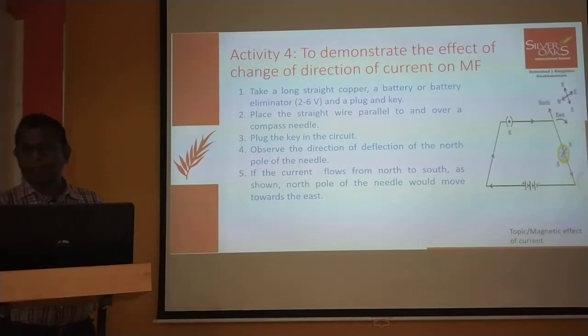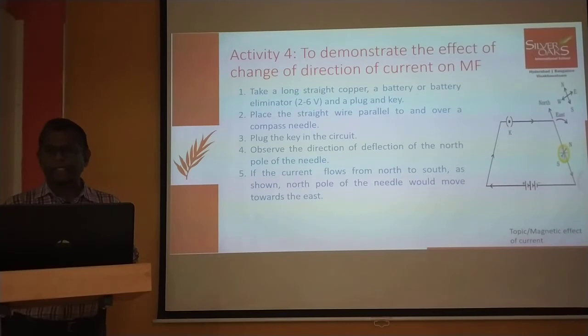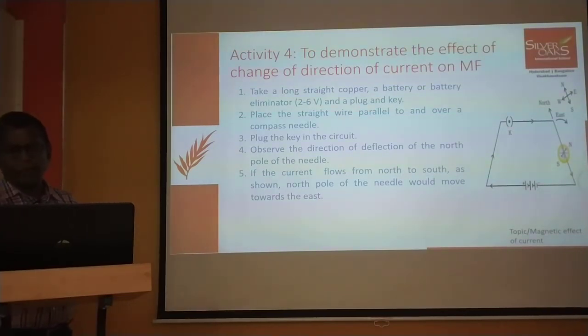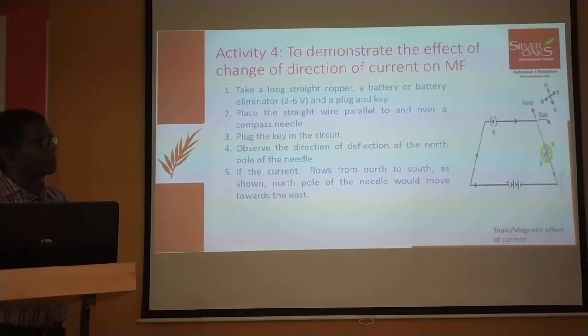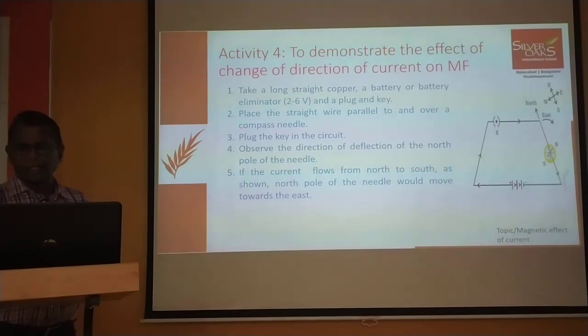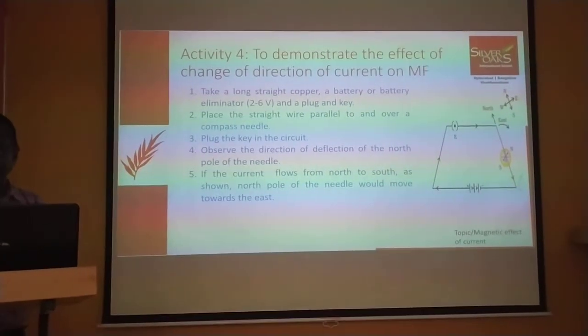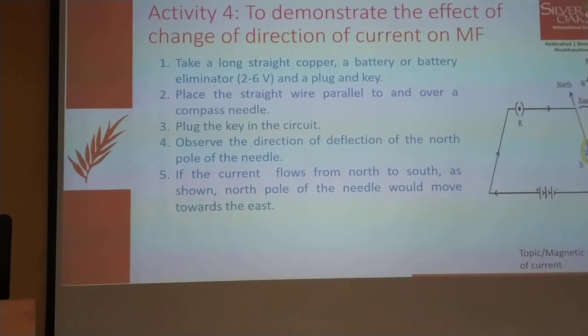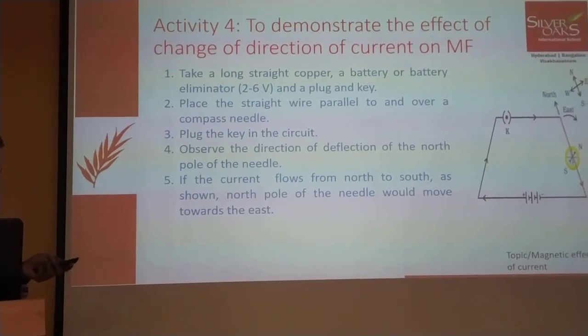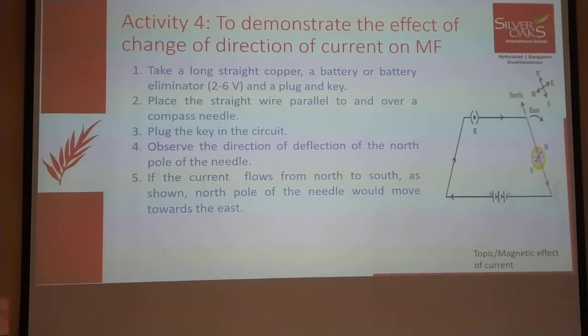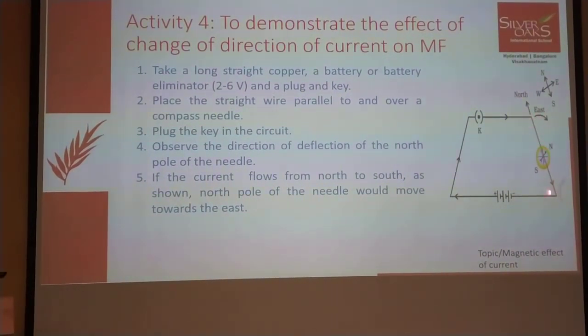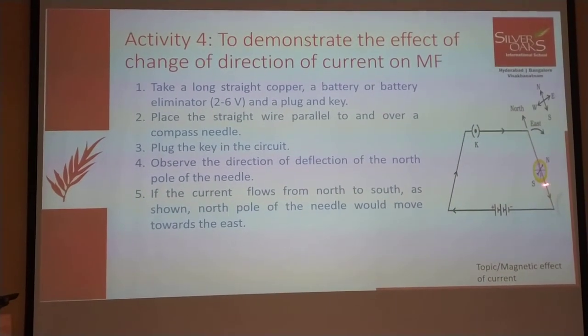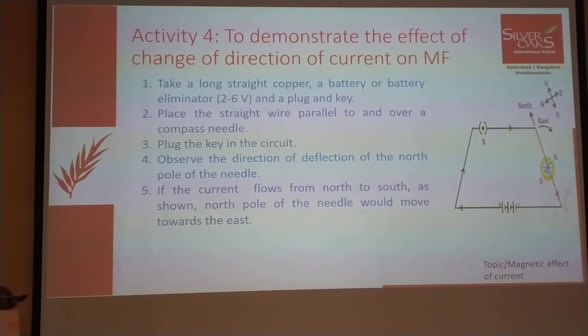In the previous class, we learned through an activity that a current carrying conductor produces magnetic field lines around it. But what about the direction of the magnetic field lines? So the purpose of this activity is to explore the direction of the magnetic field. To demonstrate this activity, I'll take you to the physics lab. I'll take a long, straight, thick copper wire, which you saw in the previous class, and this thick wire will be placed along the north direction.